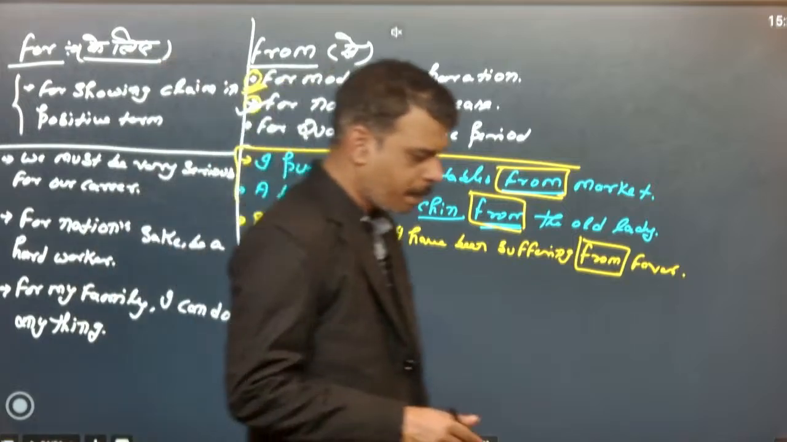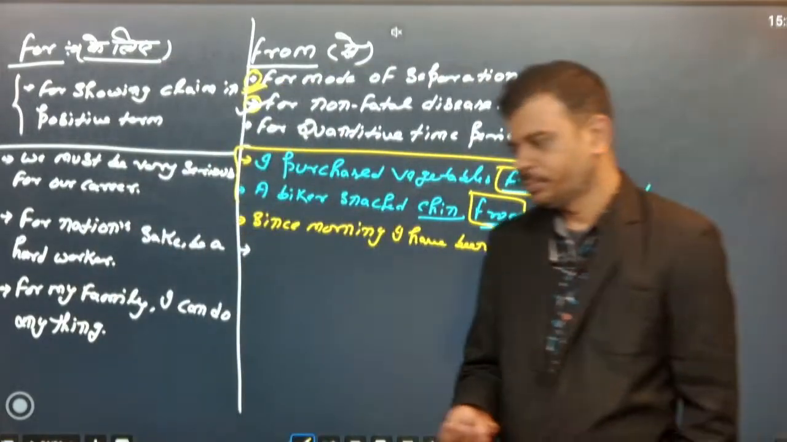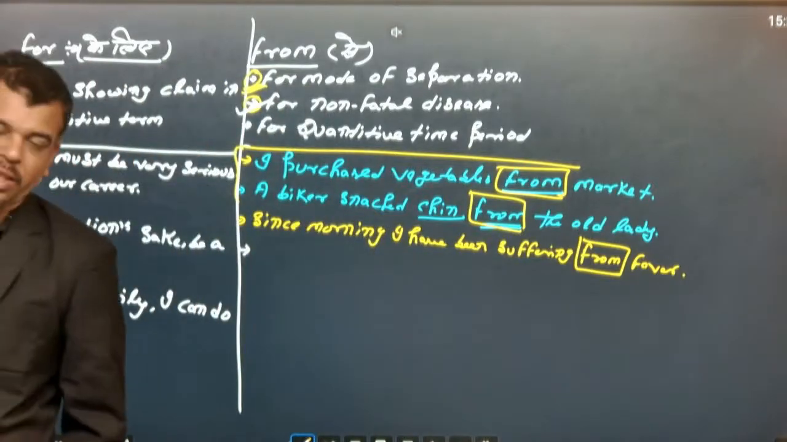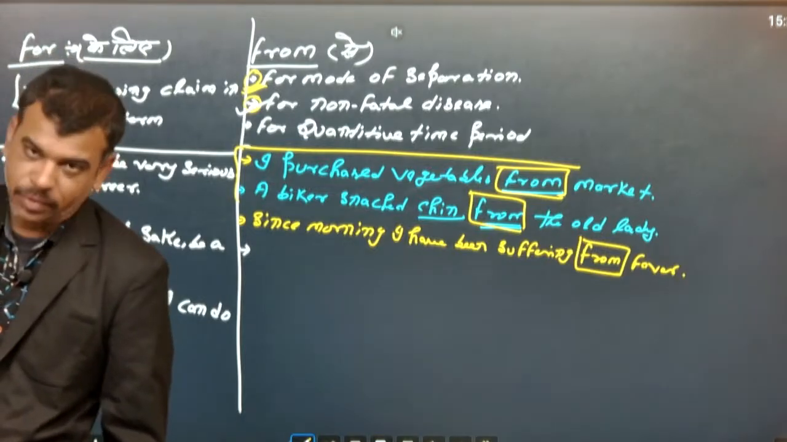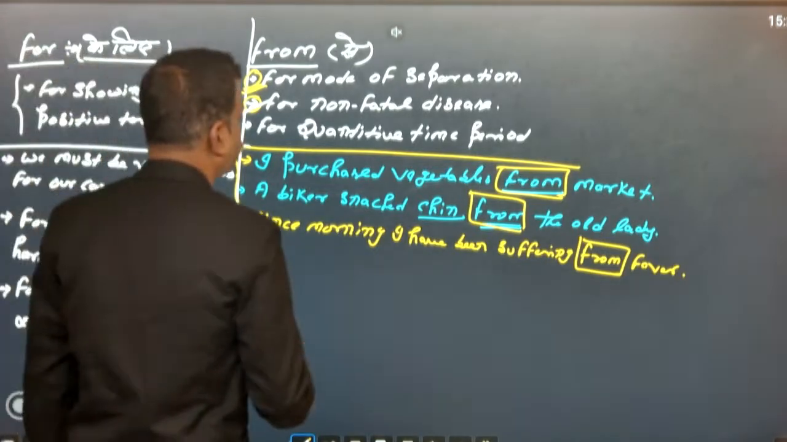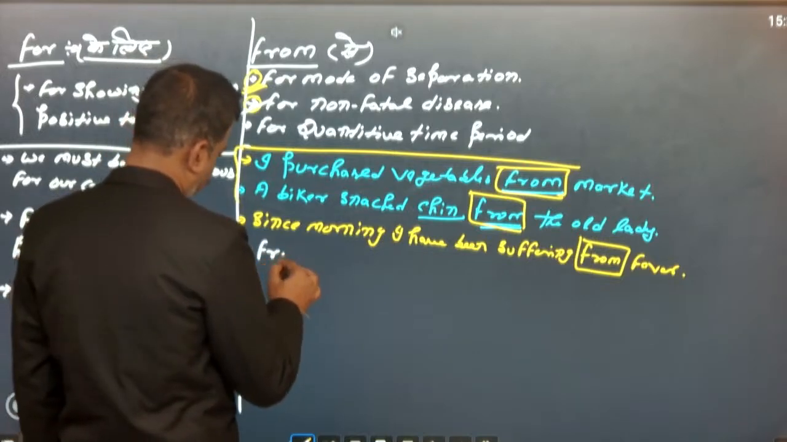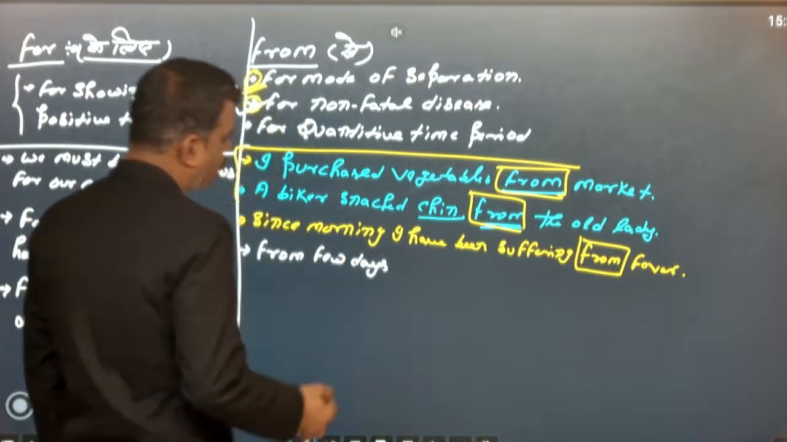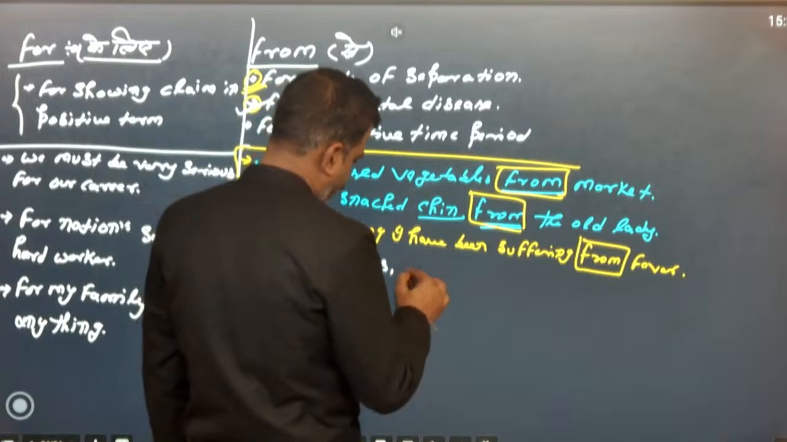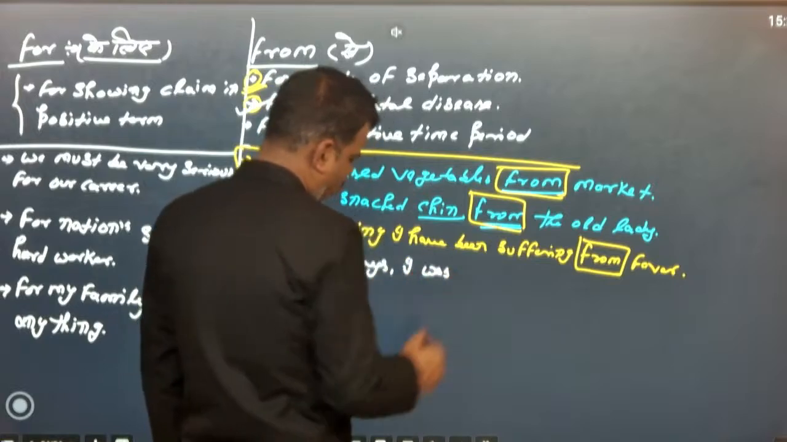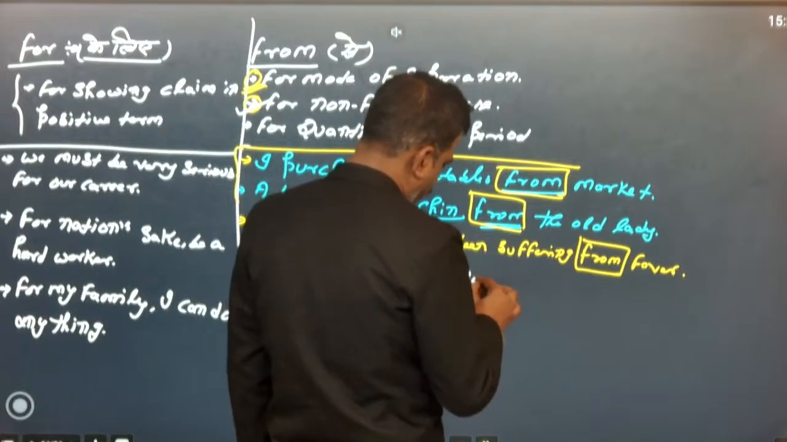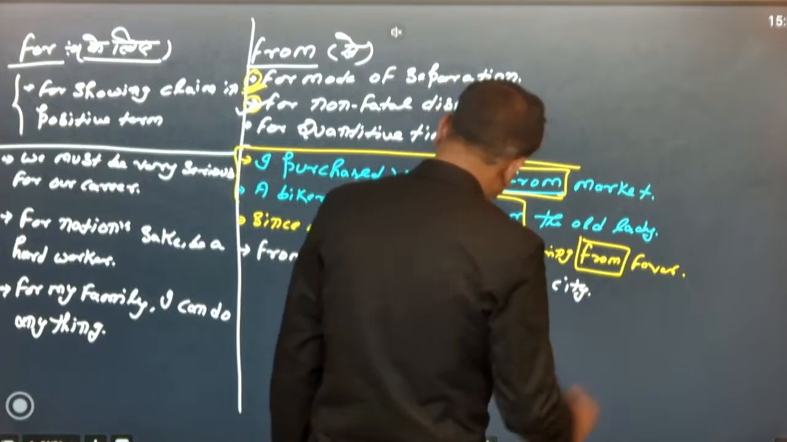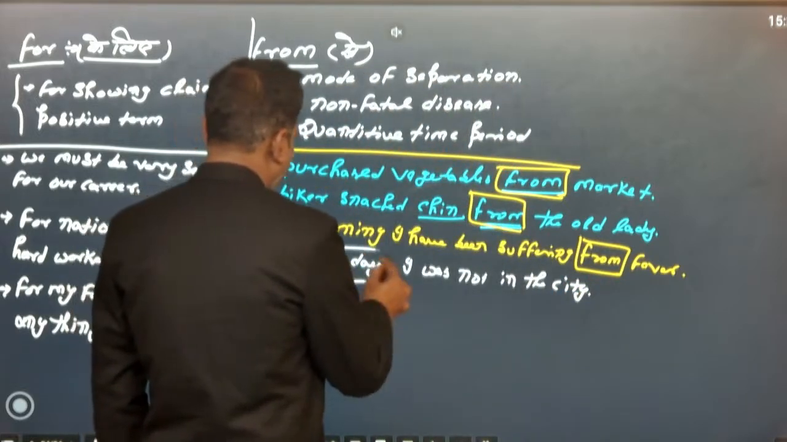क्वांटिटिव टाइम मीन्स मात्रा, time that is not durative, that is not pointed, it is quantitative: some, few, many, a quantitative time. From few days I was not in the city. तो few days, कितने days नहीं पता।